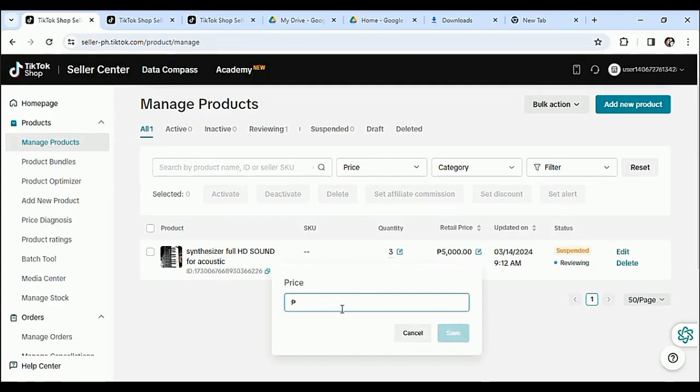So let's lessen this price to, let's say, 300, and all you have to do is just click save, and